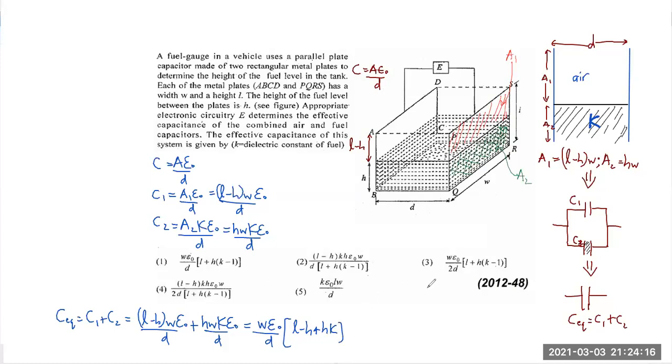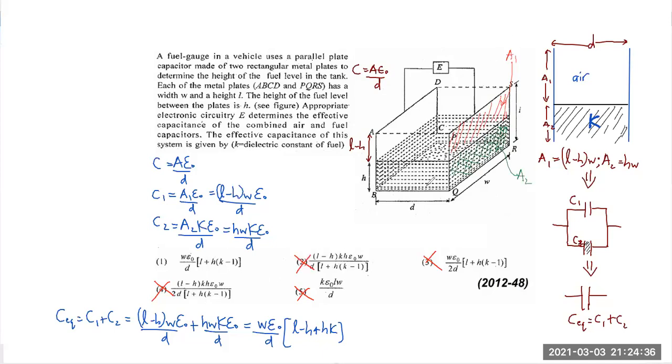Do we have an answer like that? We don't have. So these things are wrong, I can cancel them out. The 2 doesn't come anywhere. There's a 2 here, it's wrong, this is too small. So it's either 1 or 2. Between 1 or 2, it's the first one. This L minus H and all, we don't have. At the bottom, we don't have a fraction like this. So definitely this is the answer.